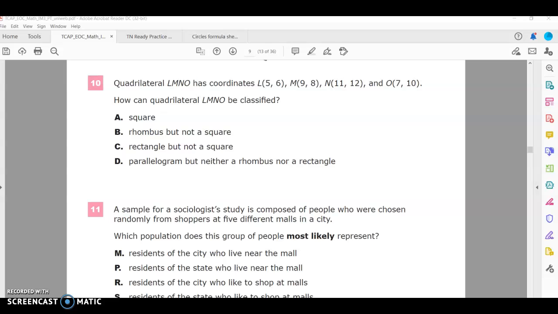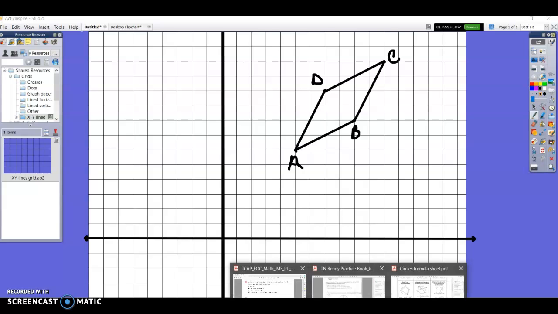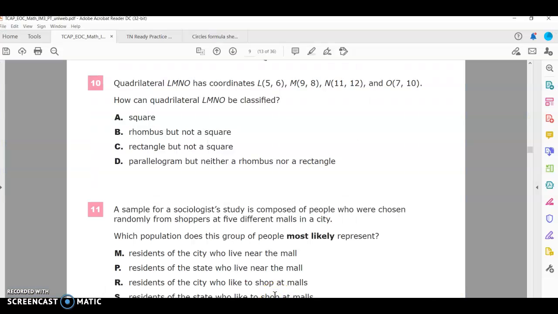All right, to save a little time, I went ahead and graphed this. So if you look at these points I have graphed, you can tell that it's not a square or a rectangle, but it is a rhombus. So basically you just have to know the definitions of these. So looking at this image and then going back to the question,